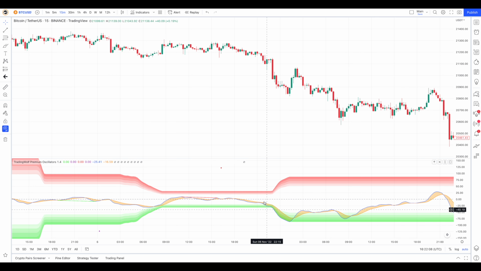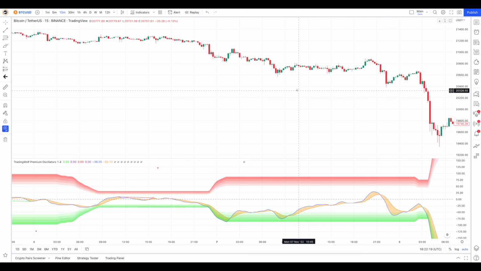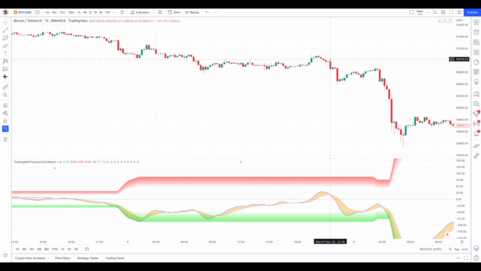So we can see the bands have squeezed here. We break to the downside, it ends up coming up, and we're looking for this crossover. This would have been considered a bit more risky because we haven't come up to the 0 level. So you could have potentially entered here, but I personally would have waited a bit and entered on this crossover